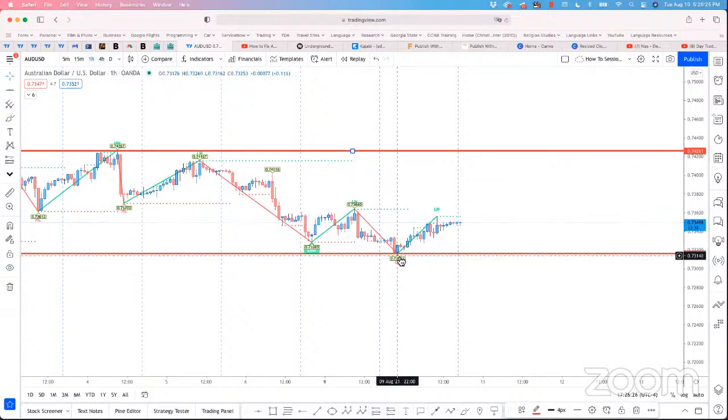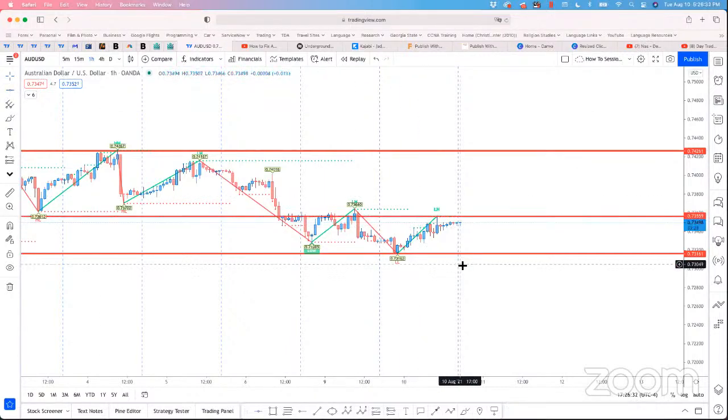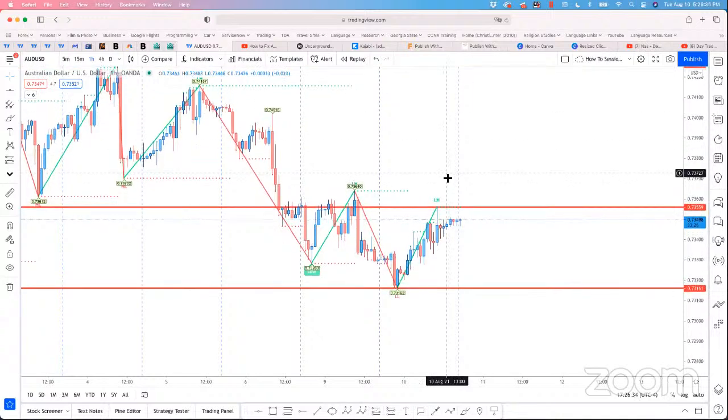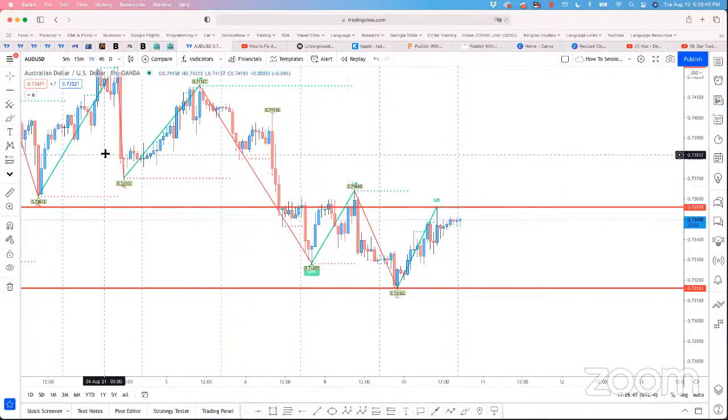We got a low, we got a high, right? There's our high. We're going to box that in, right? So right now we've trapped price between this high and this low right here. We don't see another one on this time frame. We can go ahead and mark this one. This will be a target,